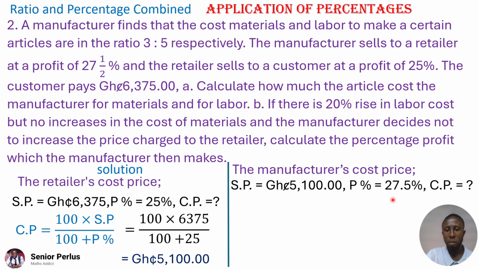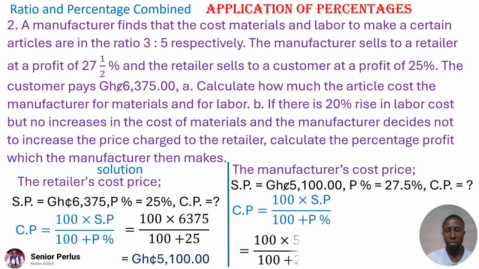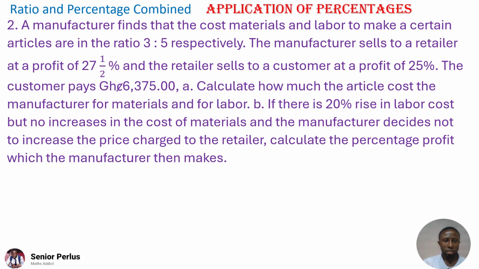And the profit percent is 27.5. So therefore, we find the cost price of the manufacturer. And this is the formula. Then we do it. Then the cost price for the manufacturer is this. Very simple. So please read the question and understand them. The next one,